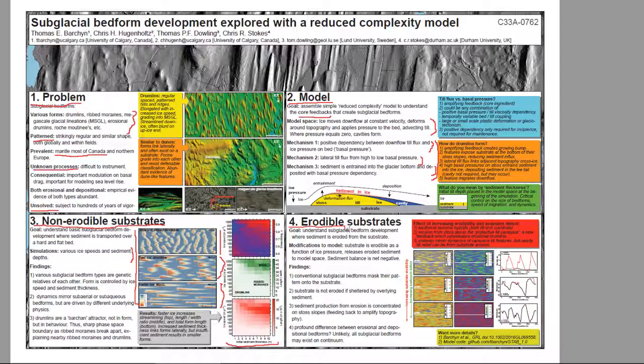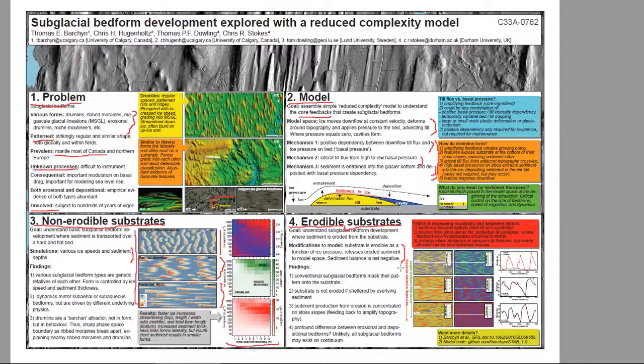So we've also been working with erodible substrates. Now, erodible substrates are perhaps the more common and realistic example. Glaciers are obviously incredibly powerful at eroding features, and especially the substrates. So this is a really important extension of our work. We made a few modifications to the model. The first one is to